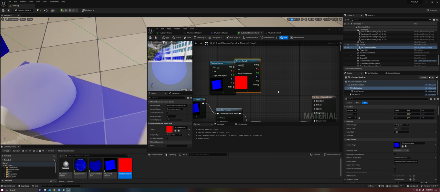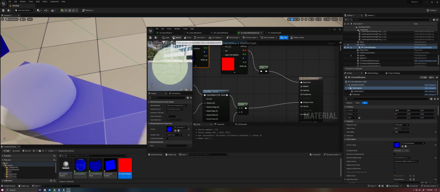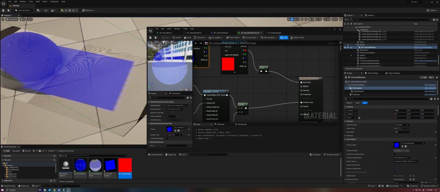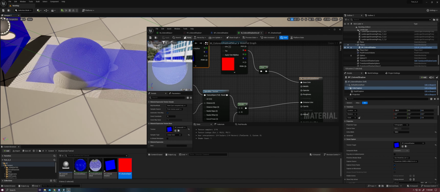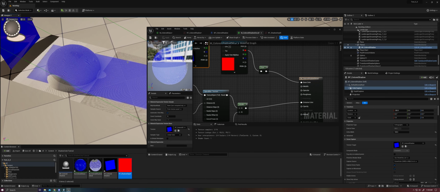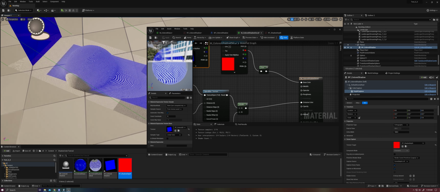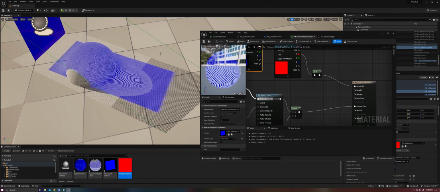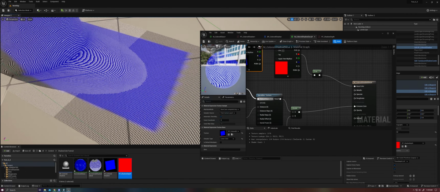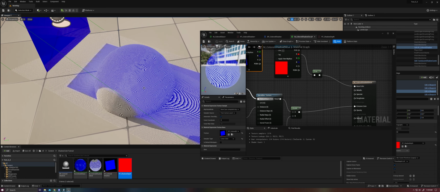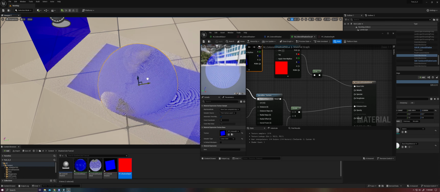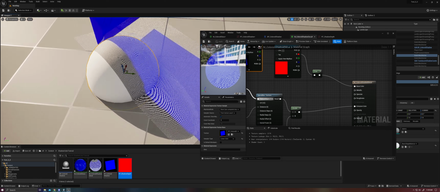We can rack red, base color, and then depth is currently wrong because our depth capture needs to be zoomed in. There we go. Looks good. So you can see now as I move this sphere around,